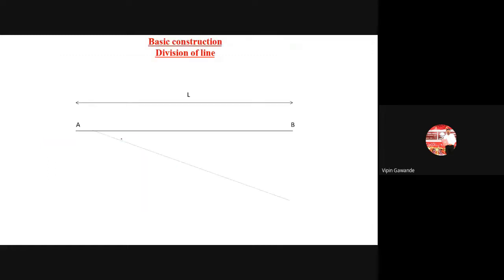Then we have seen the line division method. So I'm not going into details of this one now. You remember, you now know this one. Whenever the line is given, you have to draw one inclined line to that line. Then if I have to divide this line AB into 5 divisions, I have to take some distance in compass, and I have to mark the intersections here 1, 2, 3, 4, and 5. Then the last intersection you have to join with the end point of the line.